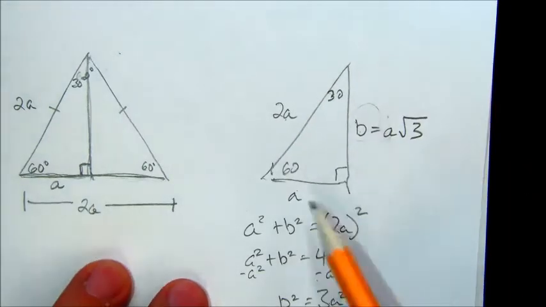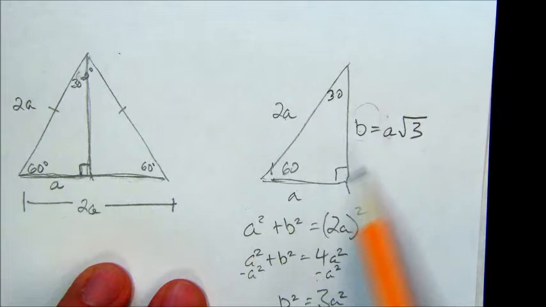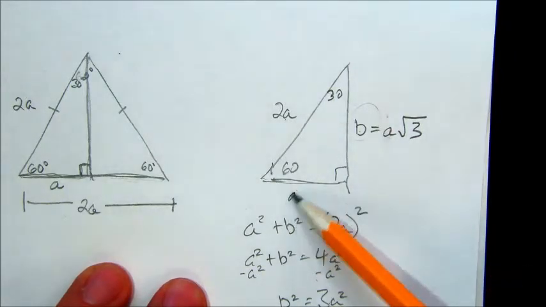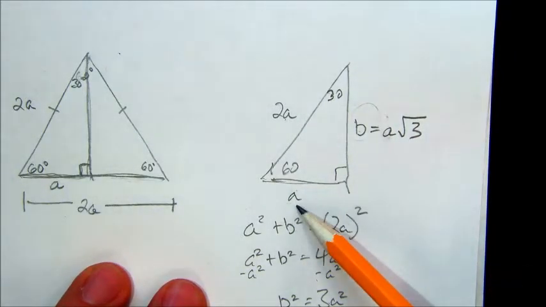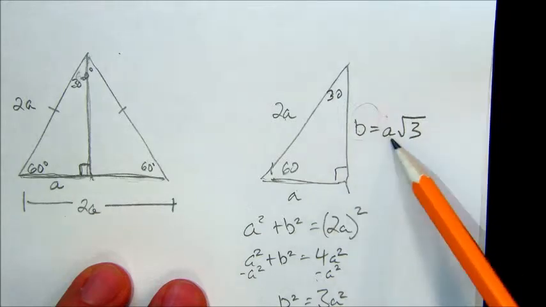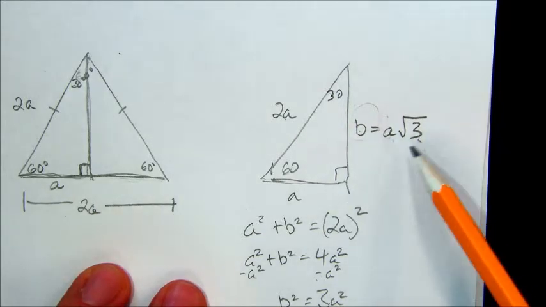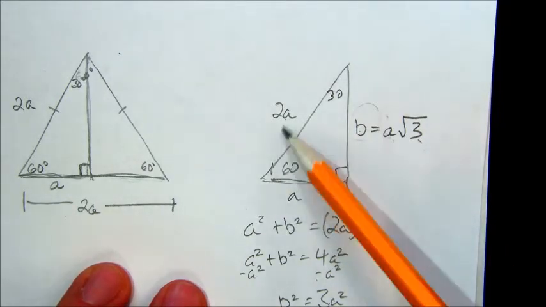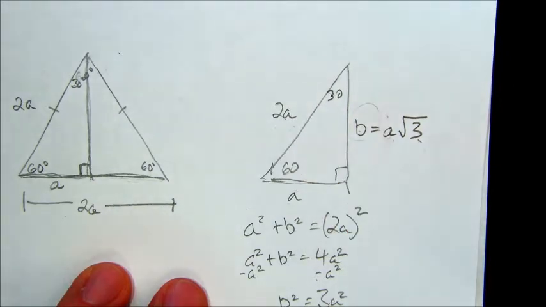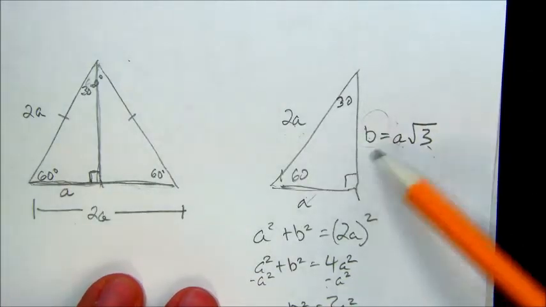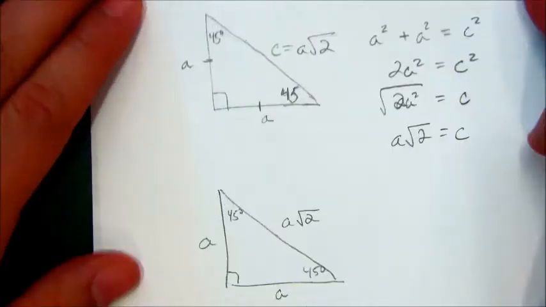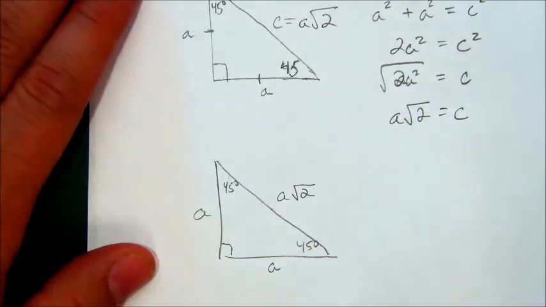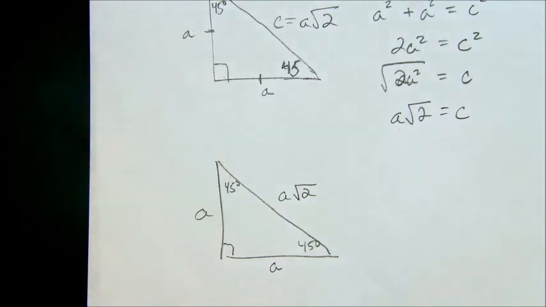So that tells me that whatever the length of this shorter leg is, the longer leg will be that length, A, times the square root of 3, and the hypotenuse will be that length, A, times 2. I can use this anytime I see a 30, 60, 90 triangle, just like I can use this pattern every time I see a 45, 45, 90 triangle. All right, in the next videos, I'll start going over some examples and how we can